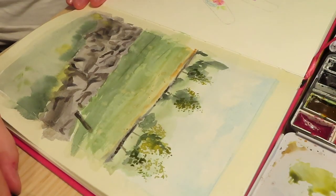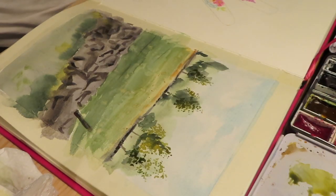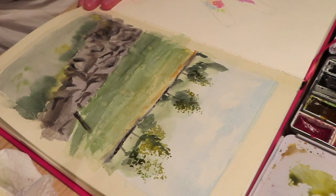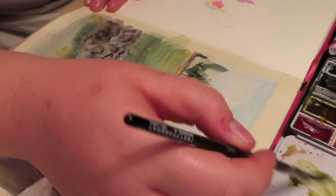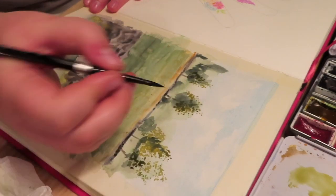Yeah, I just thought I was going to share a little bit of what I'm working on. This is a place we walked past when we were out walking yesterday. So I just put down the first wash yesterday evening, and then today I thought I would come back and try to finish it. Landscapes are not my thing at all, so I really like to try to improve and not be so